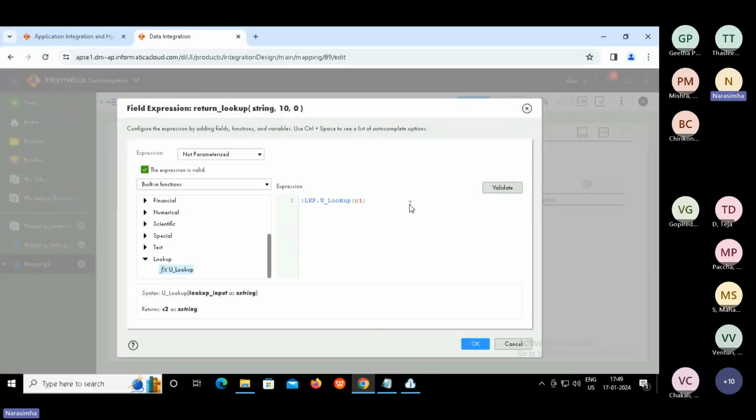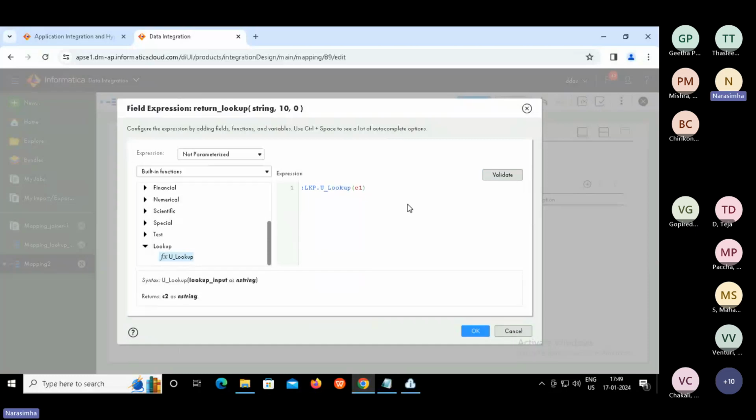As I said earlier, lookup is equal to what? Left outer join. Which means S1.C1 equal to S2.C1, which means source1.C1 equal to lookup.C1. That's what it means. I hope you guys could perform this expression configuration, right? Done?